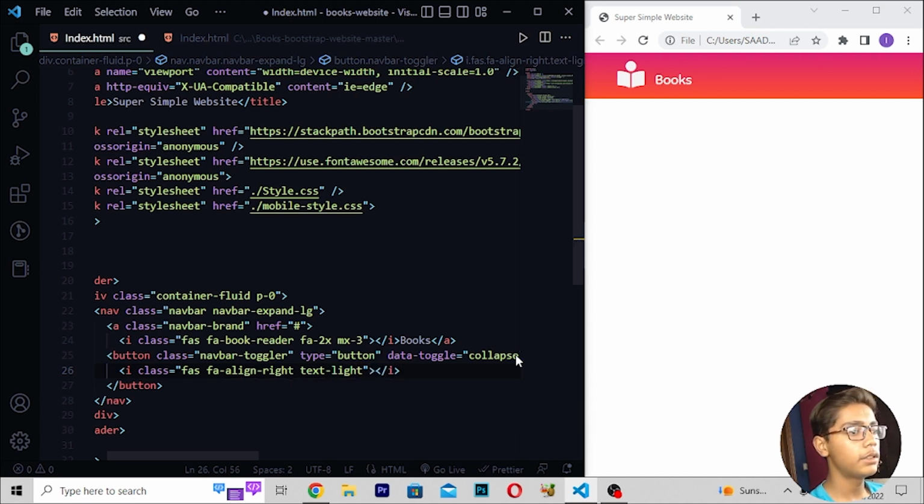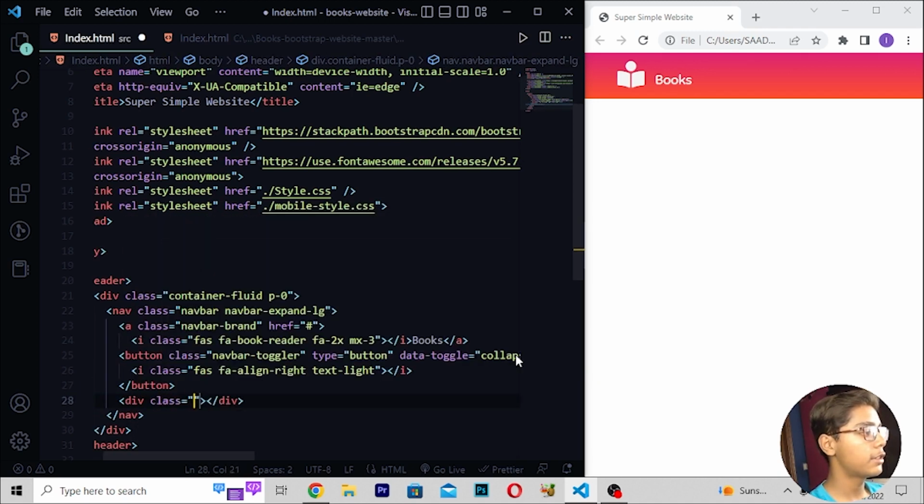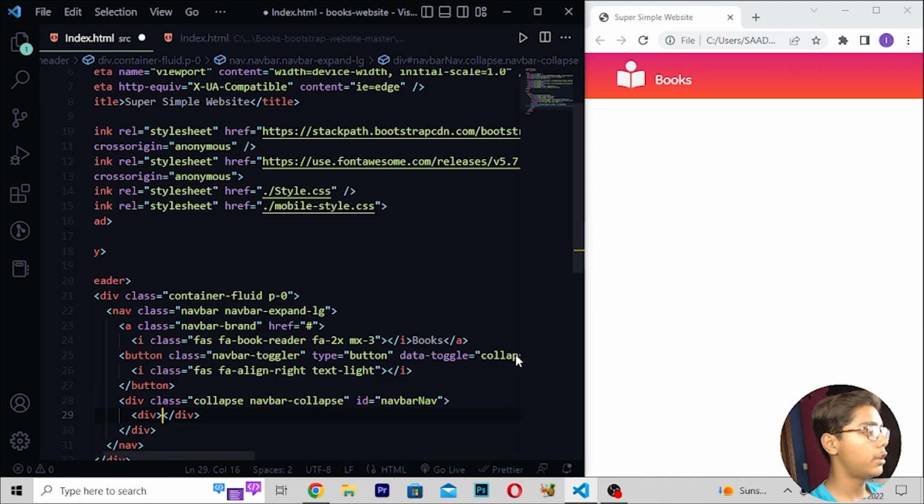Then when you've written this, here I will be now moving down, right here div class collapse navbar-collapse. Then when you've written this, here I will be now writing id navbar-nav. Then you have to move down, right here div class. Then I will be now writing mr-auto.